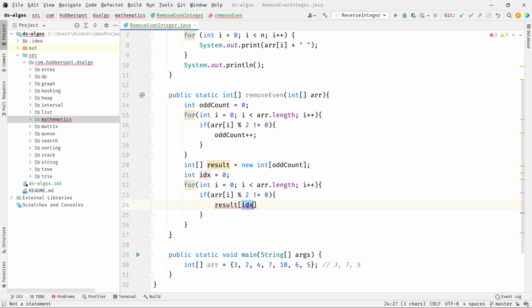So we use this index variable to keep track of these positions. After placing the odd integer at a proper index, we have to increment the index as well, because after putting 3 at the 0th index, 7 will go at index 1.